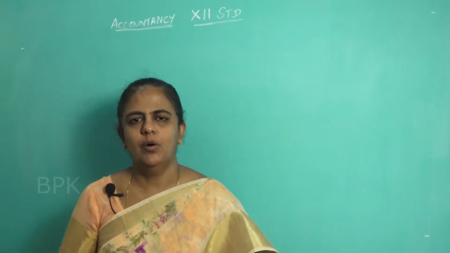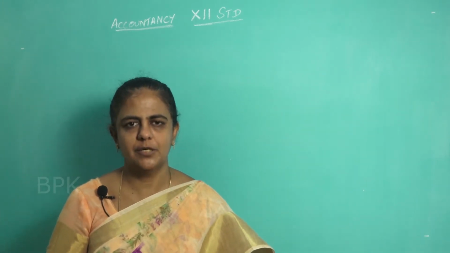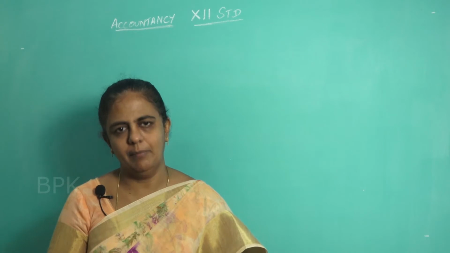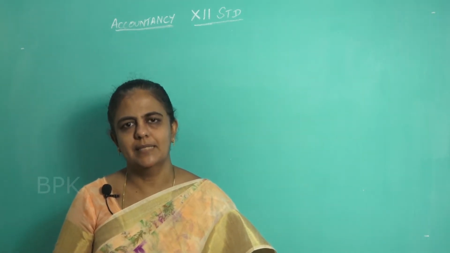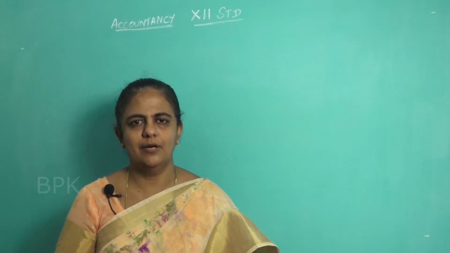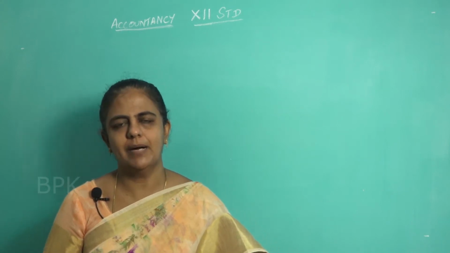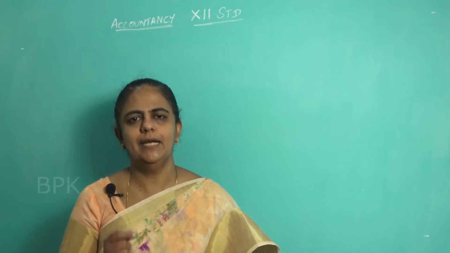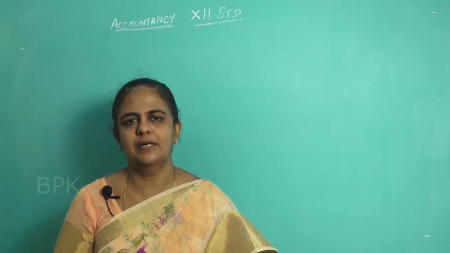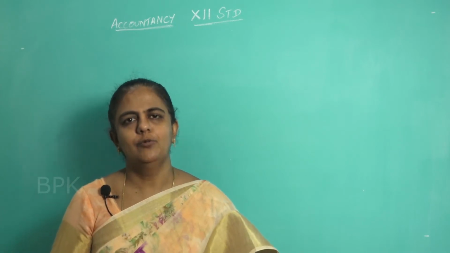Now what we have to do, this interest on capital has to be shown in the profit and loss appropriation account as well as in the partner's capital account. And one more important thing you have to keep in mind is that interest on capital is always calculated on the opening capital. And if there is any additional capital, that is the extra amount invested by the partners, you have to see the date when the partner is introducing this additional capital. From that date till the end of the accounting period, you have to calculate.